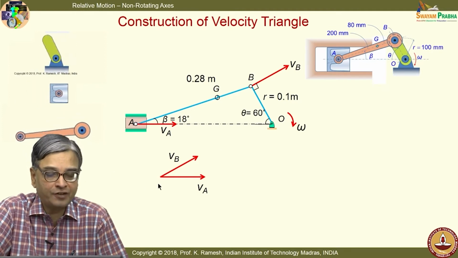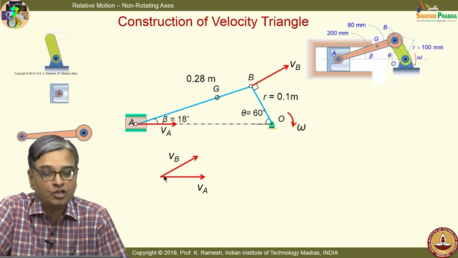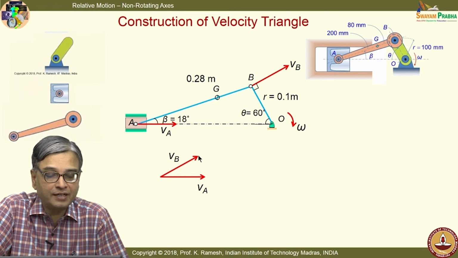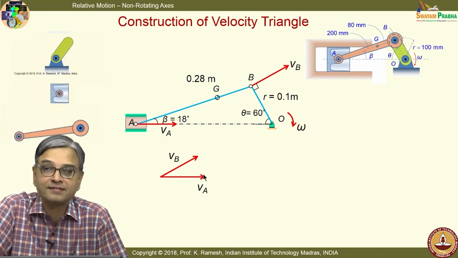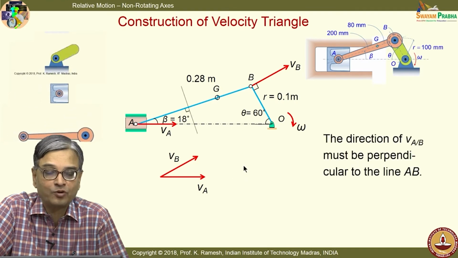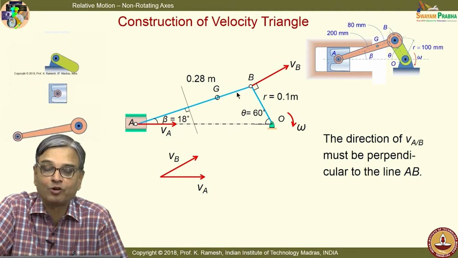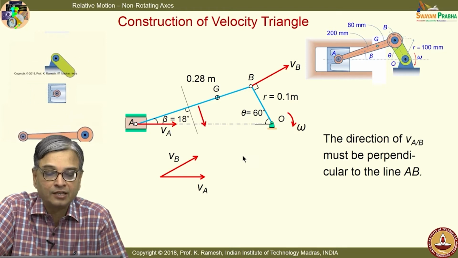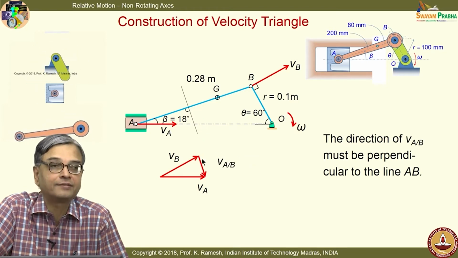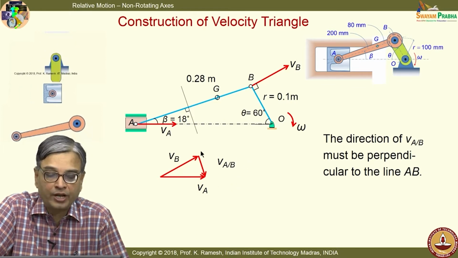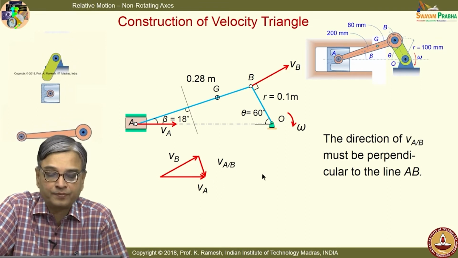Fine. I am essentially finding out what is Va. I know the direction of Vb. So, I can always say that the direction of Va with respect to B should be like this. So, this is what I am going to have. I have this perpendicular to this line joining B and A, that happens to be the connecting rod, which we have also shown as a line. So, I get this, I close the polygon. Now, I know the velocity of A with respect to B.